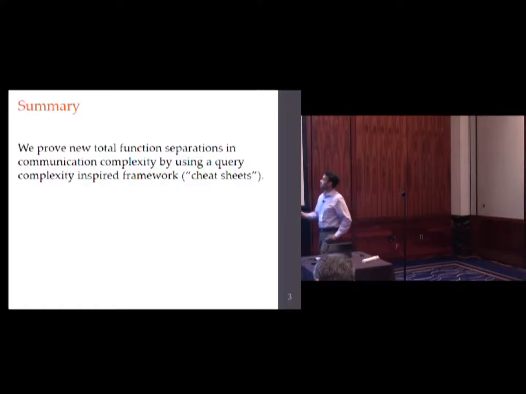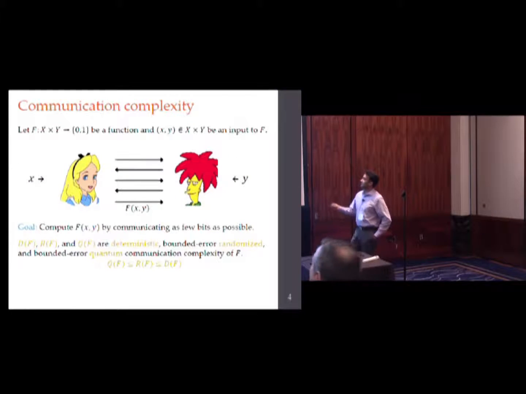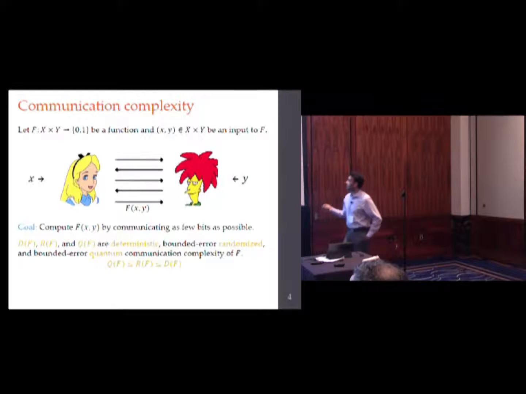This is the communication complexity session, so I almost don't even have to introduce this model, but this slide has to be there, so it's here. Communication complexity. It's the usual thing. There's some input. X goes to Alice, Y goes to Bob. They're trying to compute some joint function, f of x comma y. They talk to each other. They want to minimize the amount of bits communicated.